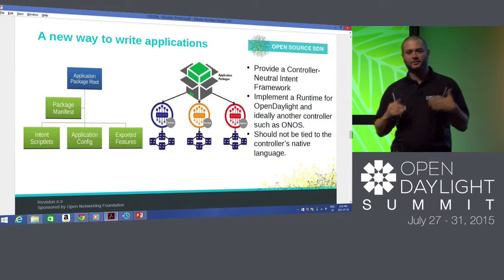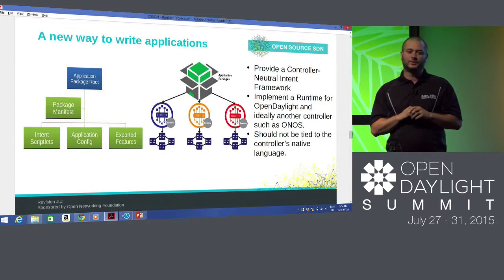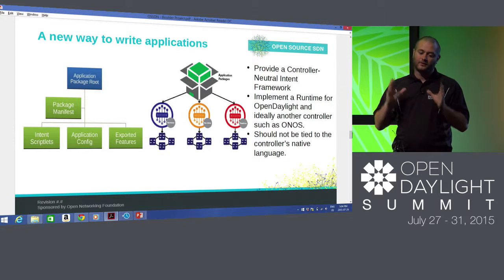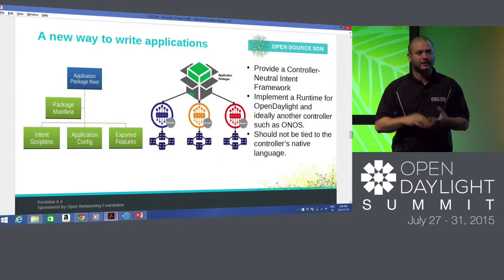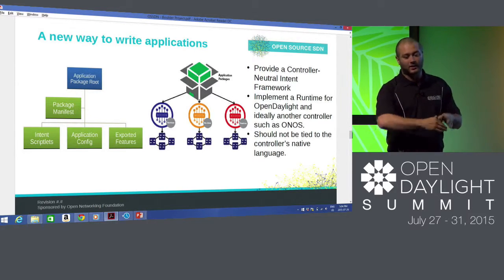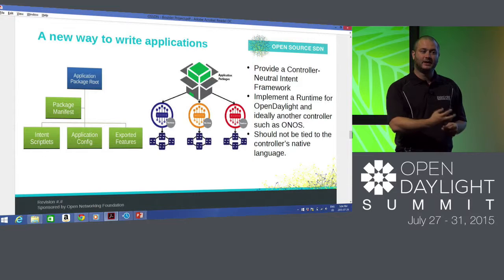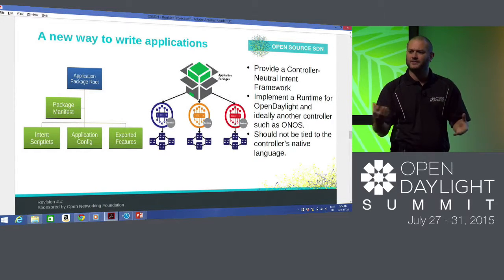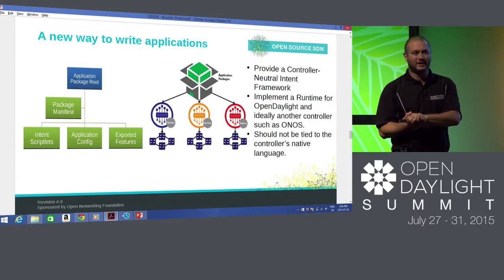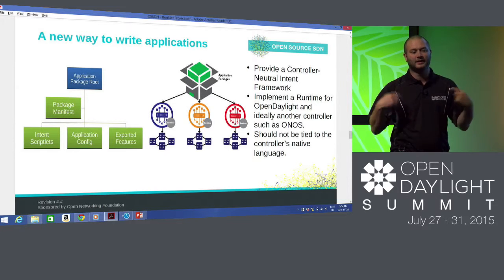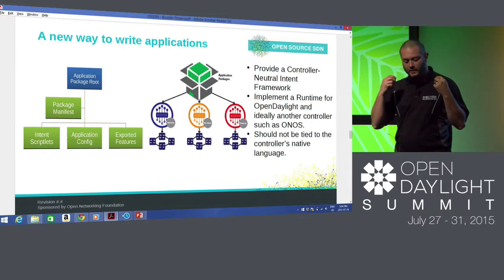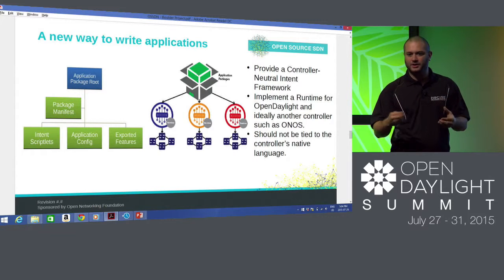The first step, though, is to simply push static structures down to your controller environment. So first step, data model: the ability to create the underlying grammar for intents across different controllers. Second step, have an executable runtime that is portable. Think of it as a virtual machine for Java or whatever. So what you want is a JVM-like equivalent with intent primitives that allows people to react and create applications on